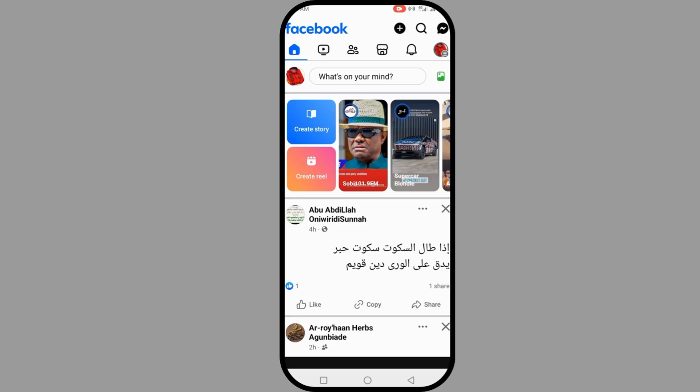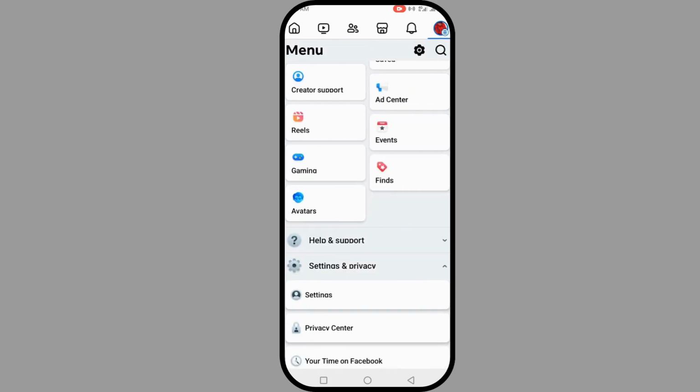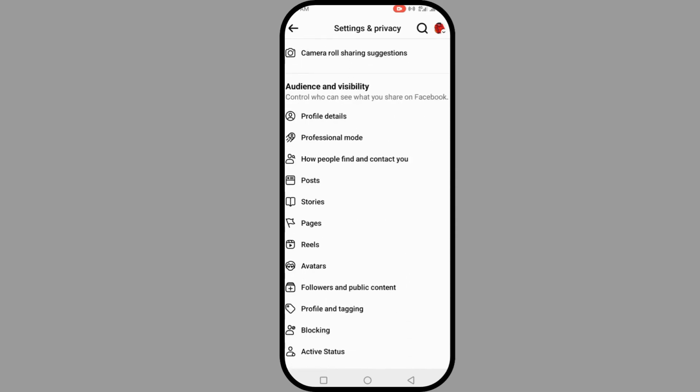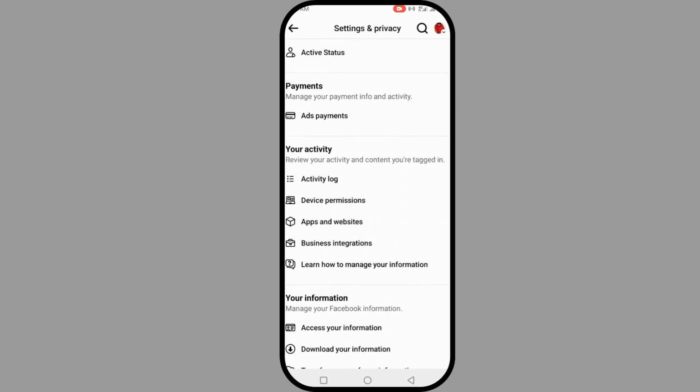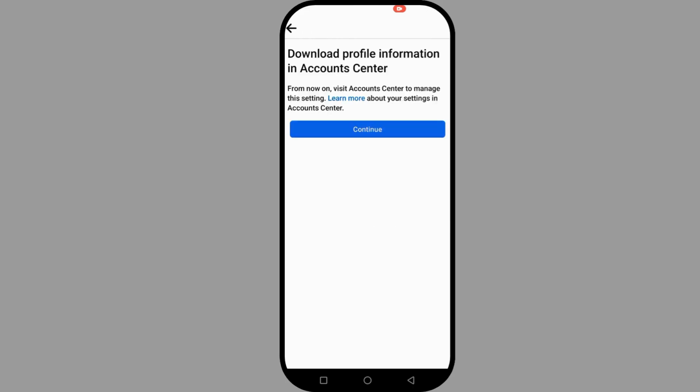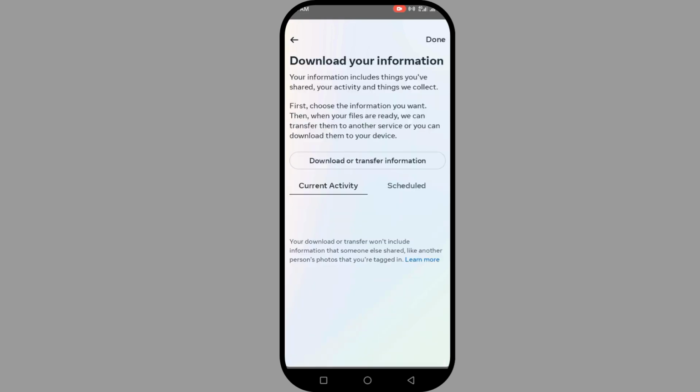The first step is click on your profile button, then click on settings, and then scroll up and you see download your information. Click on your information, click on continue, and know which information you want to download, because you can see download and transfer information,